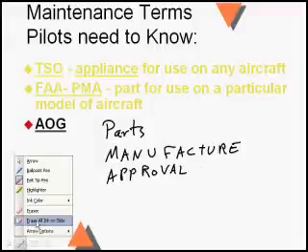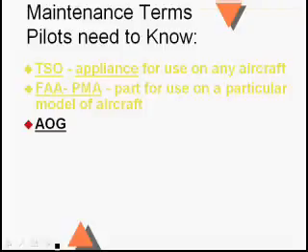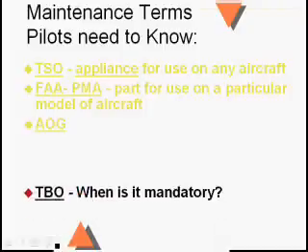AOG is a three-letter abbreviation that stands for Aircraft on Ground. Effectively, you're stuck somewhere and the airplane's broken and you're waiting for parts. So if you read a magazine called Professional Pilot and you see an advertisement that says, "We specialize in AOG," it means they've got a warehouse full of airplane parts and they got the hookup with FedEx and UPS and they will get it to you the very next morning because they don't want your aircraft to be aircraft on the ground, AOG.